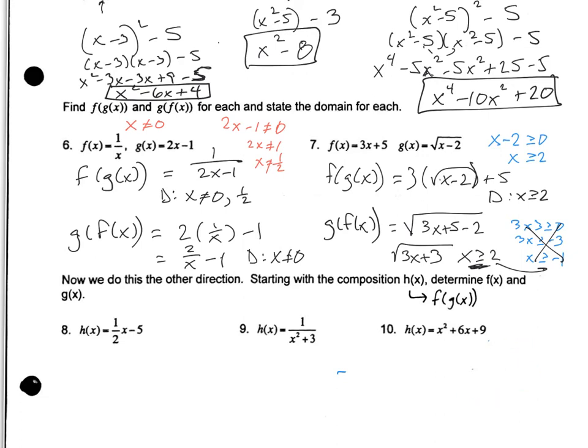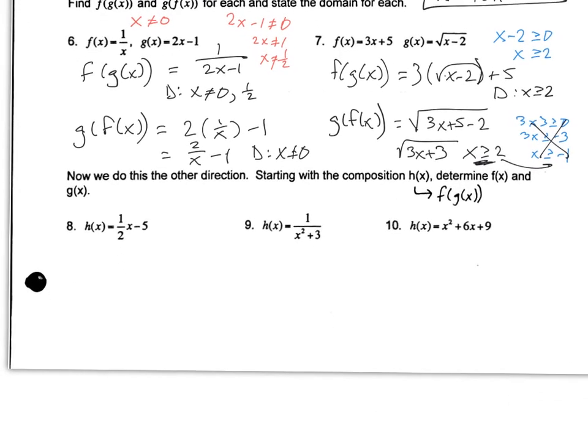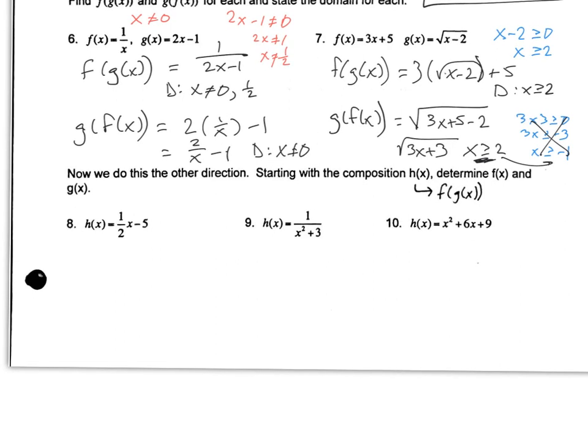Now this last little bit, we're going to go backwards, which sounds like it might be harder, but it's actually not. If you think of it as something rather than just always just x. Let me explain to you what I mean by that. So it says we're going to do this the other direction, starting with the composite. So starting with h of x,